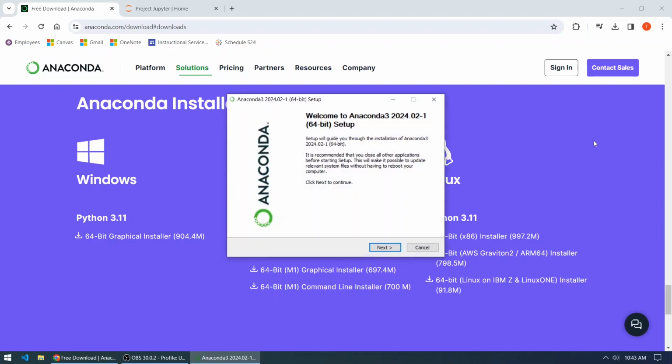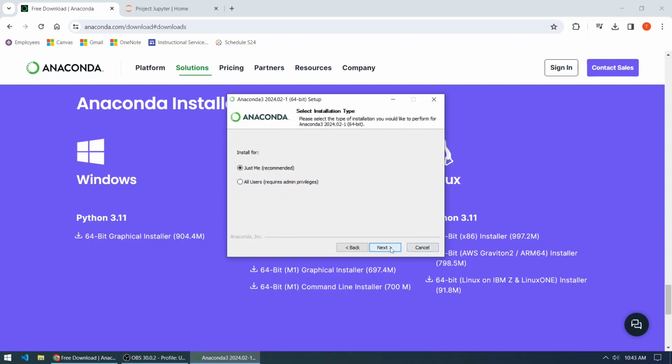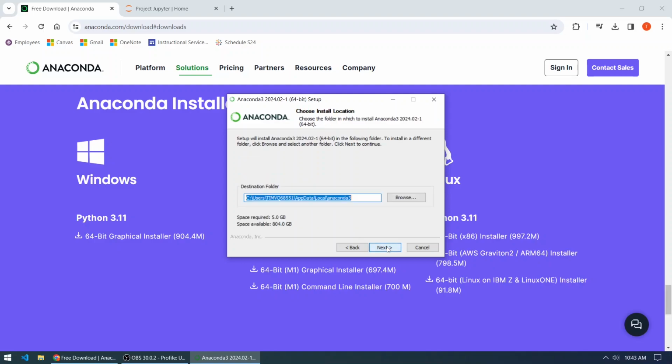The installation of Anaconda is pretty straightforward, and the default settings should be fine, but there are a couple that I wanted to draw your attention to. Obviously, I have to accept the agreement. So the installation type, I can install it just for me to use on this computer, or I can install it system-wide so that every user on the computer can use it. And to do that, you have to have administrative access to the computer, which you have if it's your own personal device. If you're using a shared computer, or if you just don't care about other people having access to it, you can just use the Just Me selection there, and that should be able to install